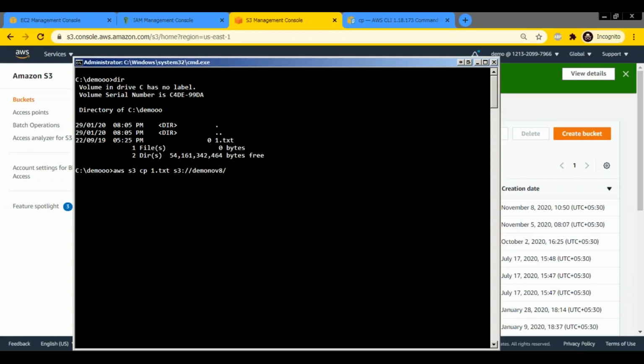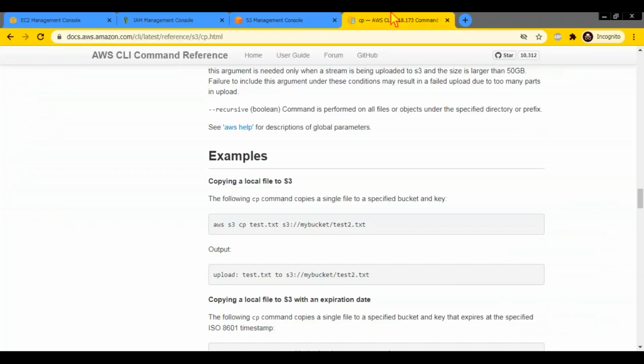And here I can just leave it like this, or I can give a different name. If I give a different name, then this 1.txt will be uploaded as 2.txt. That's what they have shown in this example. Don't get confused. Here what is happening is, it is uploading this file with a different name, which you probably may not be able to do from the console.